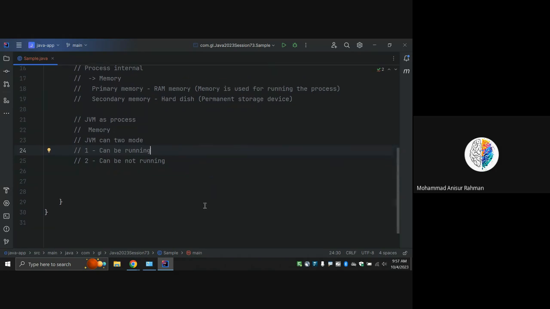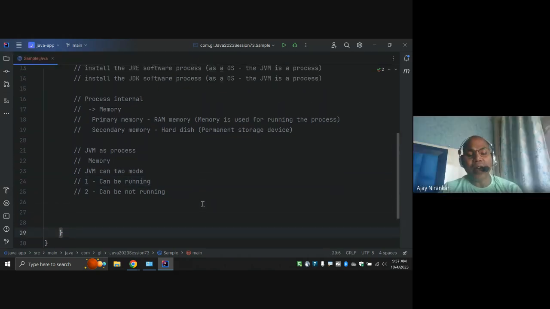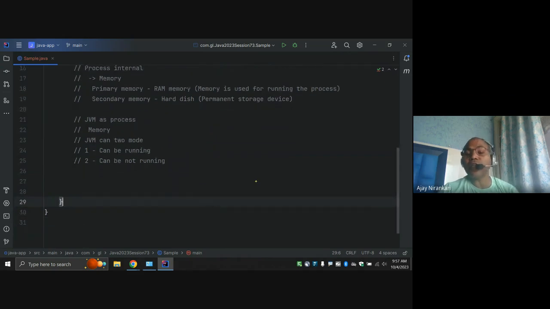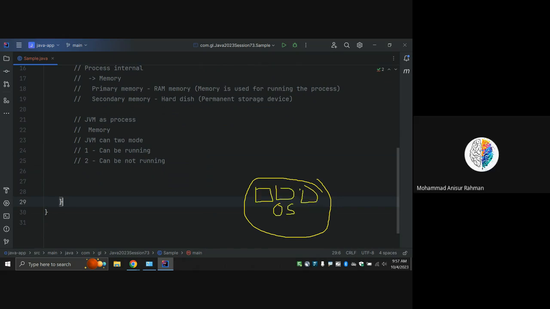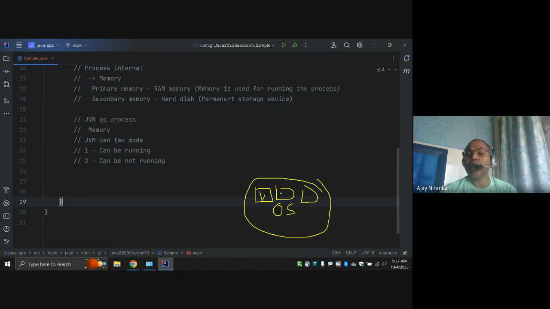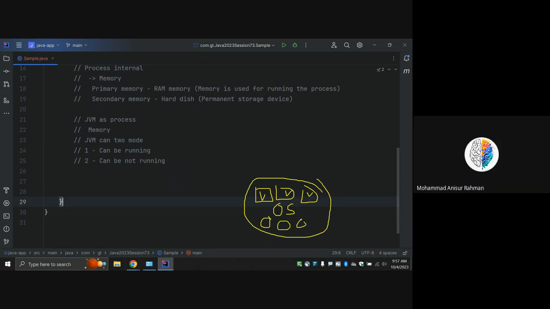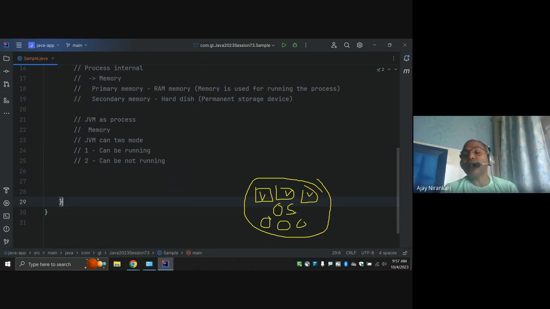And a good part: our operating system can support running multiple processes at the same time, right? Maybe you can start JVM process 1, JVM process 2, JVM process 3. Maybe I can start Chrome 1, Chrome 2, Chrome 3. Process means the running state of your software.